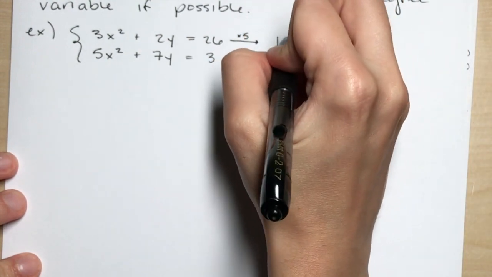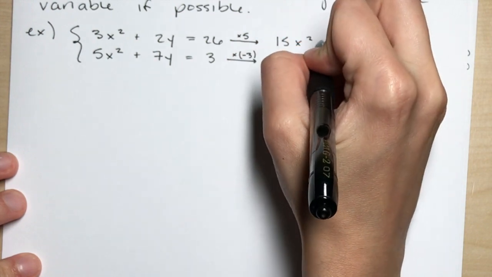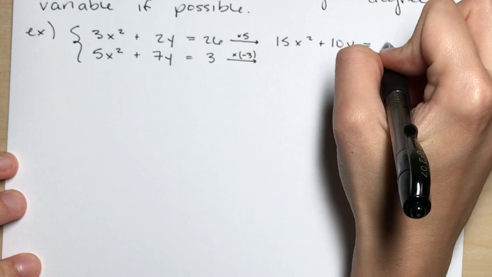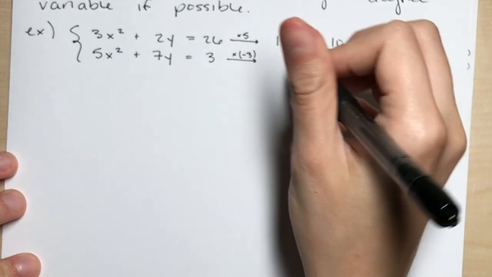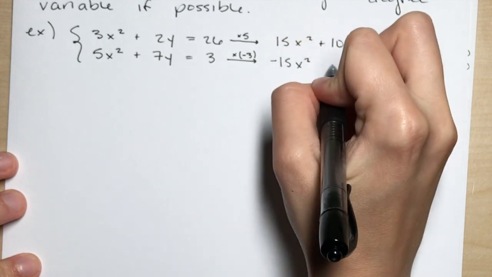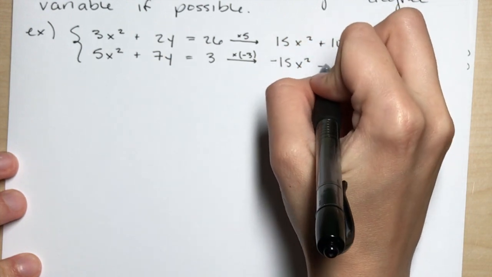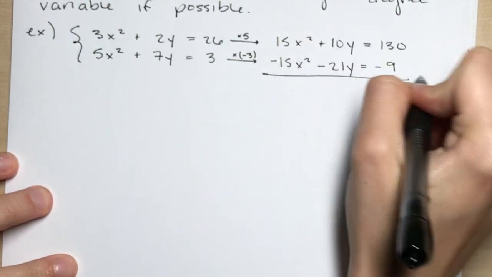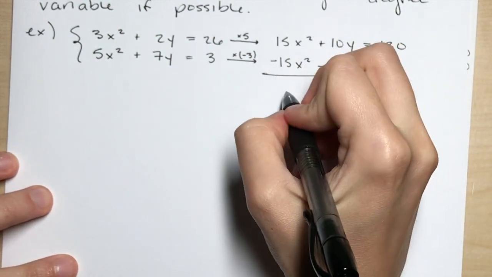So top one we get 15x squared plus 10y equals 130. And negative 15x squared minus 21y equals negative 9. We add these guys together, we end up with 0,